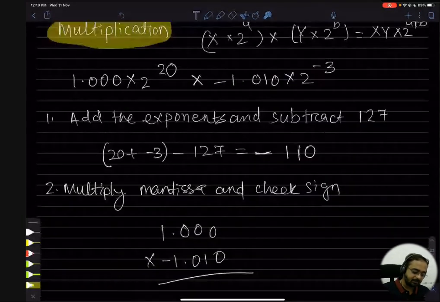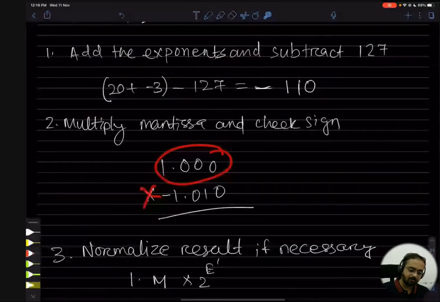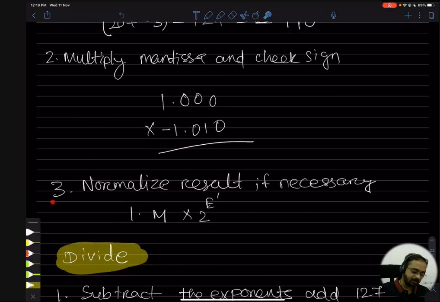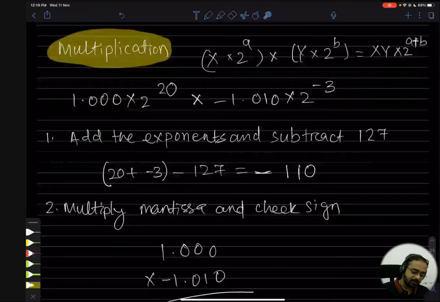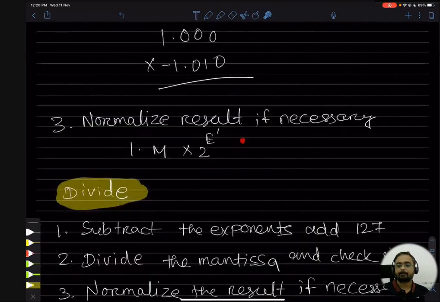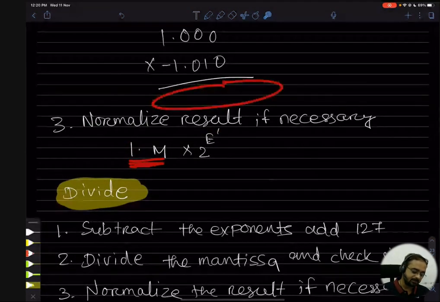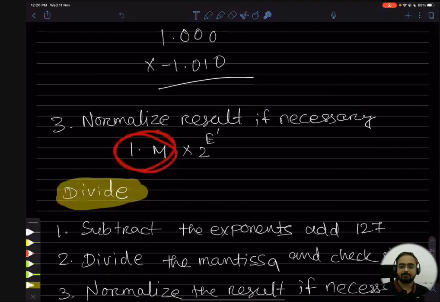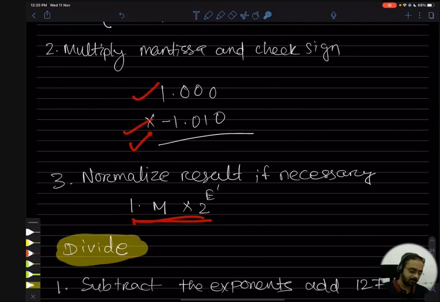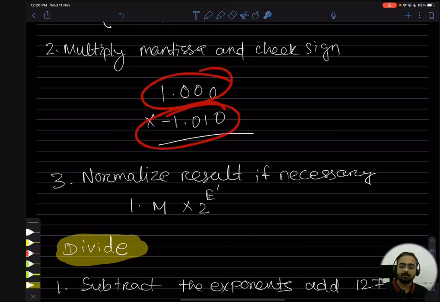What we will do with the mantissa? Obviously you do the multiplication, and you know how to do the multiplication of two fractional binary numbers. Okay, you do it, and then the third phase is the same one. Like here we have done the normalization, you have to do the normalization in the third part. You have to make the number in this format. So whatever result you get after the mantissa, you have to do the adjustment here. That thing I am not telling, because you know how to multiply. If you don't remember it, then check the internet and check how to multiply two fractional binary numbers.